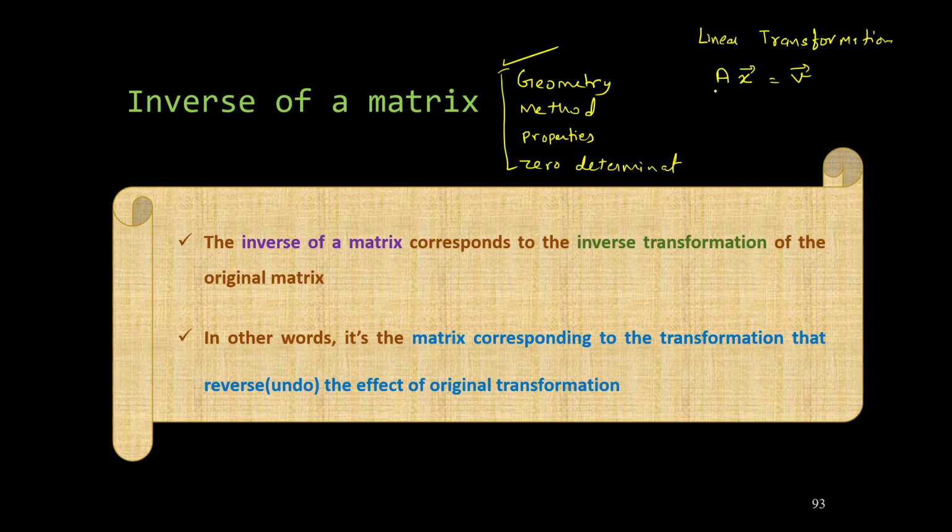Now, for this matrix A, I am interested in finding its inverse. First of all we denote it by the notation A inverse, A raised to the power minus 1. So basically it is again a new matrix. So this is also a matrix. So definitely this will also correspond to some other linear transformation, right? And this linear transformation would be the same as the inverse transformation of this matrix.